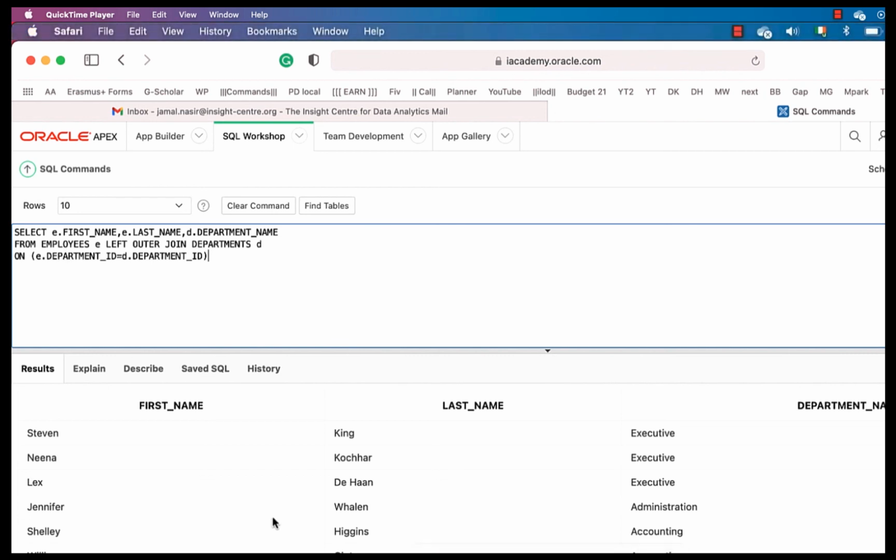In this query, left is employees, and the right table is departments. So this left outer join means we require data from the employees table which is matched with the departments table, as well as data from the employees table that is not matched. So this is left outer join.